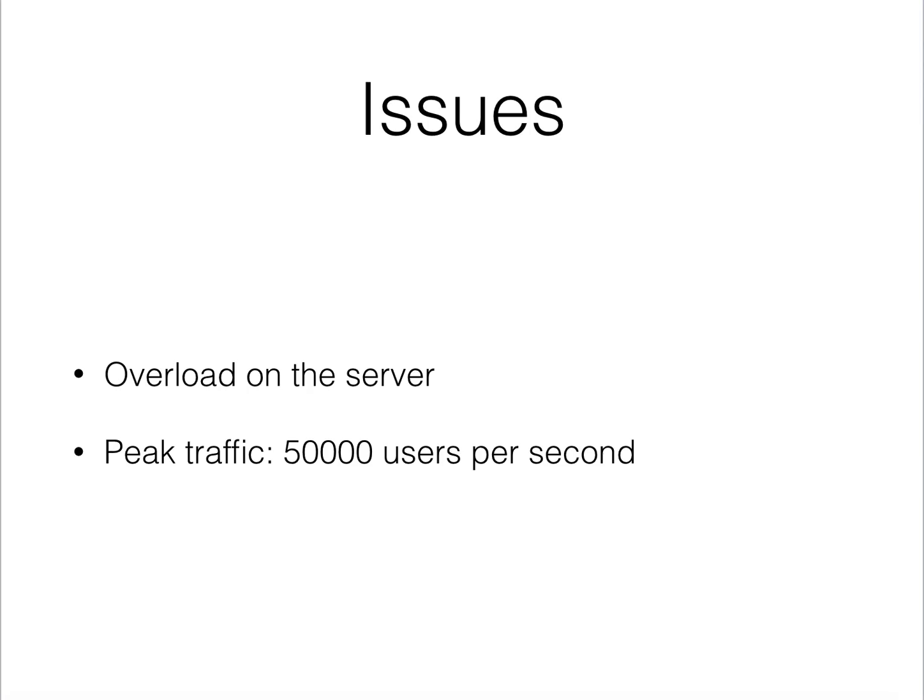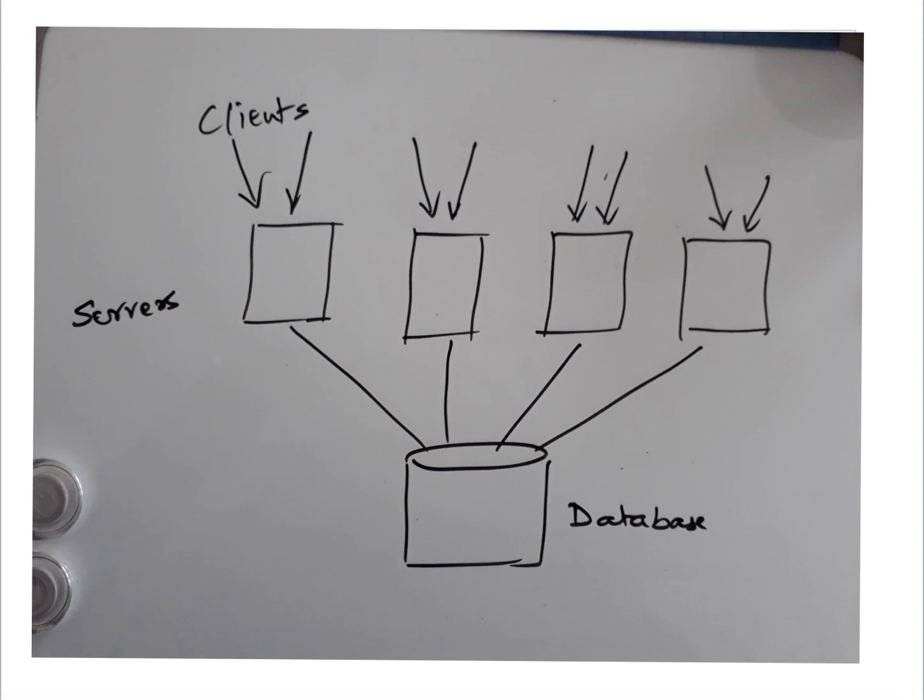Now the issues with this type of simplistic design is that there will be overload on the server. What if the peak traffic is 50,000 users per second? Your server won't be able to handle that. So the way we do that is we introduce the load balancer, and then we have multiple servers serving the request, and these multiple servers are then trying to update the database where you have the YouTube ID and the